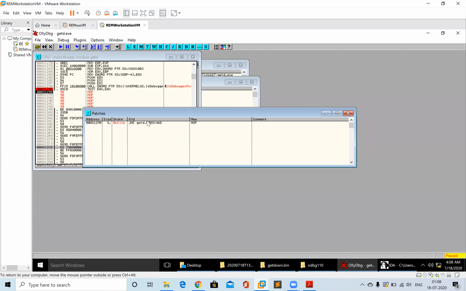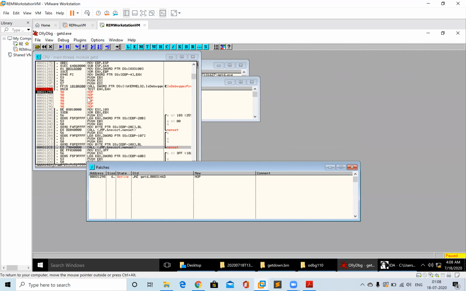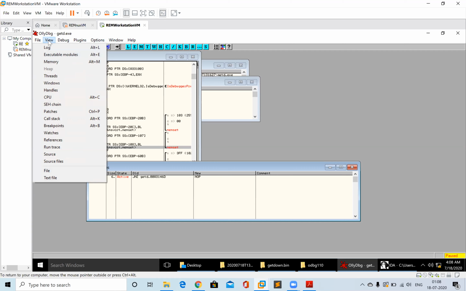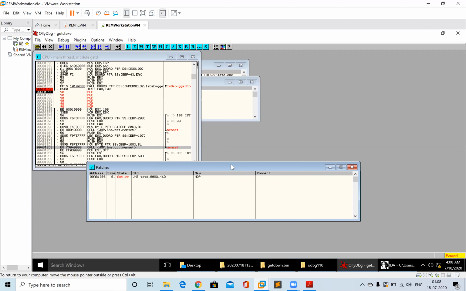now as you know, I have replaced this old instruction with a nop instruction. You have done that at a lot of places, but you want to see all the places where you have changed the code. How you can do that is you go to the View tab, and then go to Patches. If you click on Patches, this screen will show up, and over here you can see this was the old instruction and this was the new instruction that I have replaced.